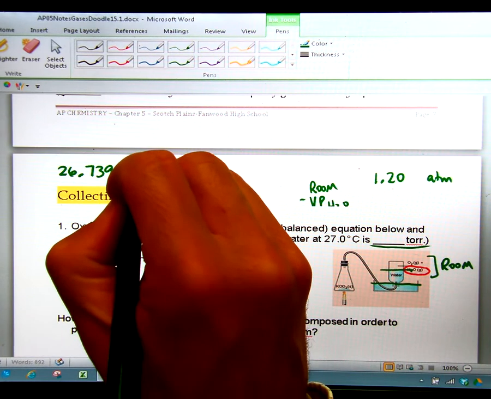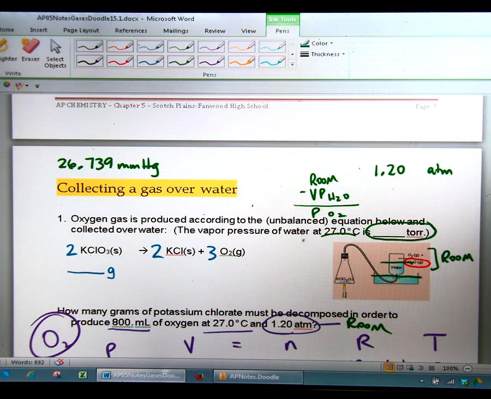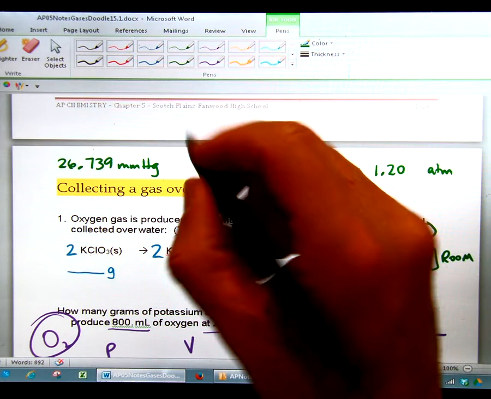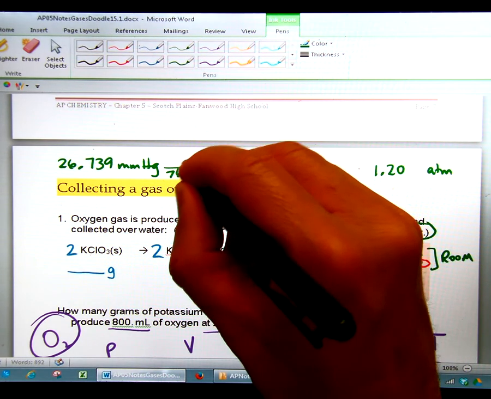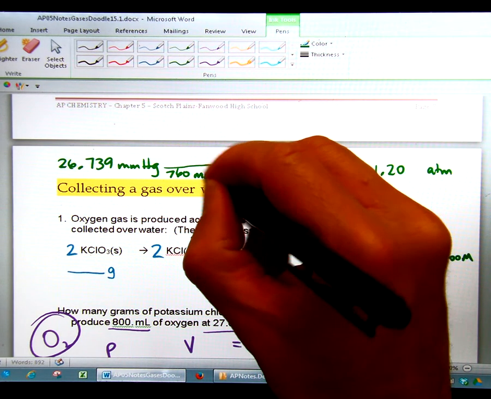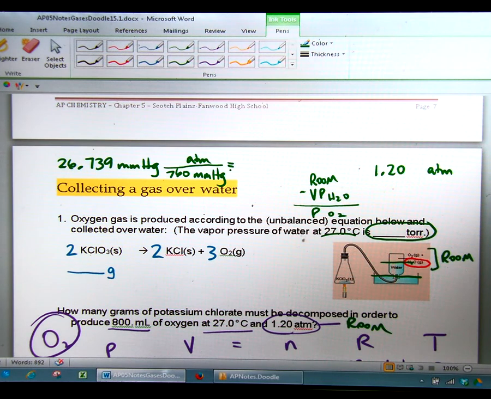26.739 millimeters of mercury. Now what you're going to have to do is convert that into atmospheres in order to subtract it correctly. So we know that every 760 millimeters of mercury is 1 atmosphere. So you're going to take 26.739 divided by 760, and that gives you